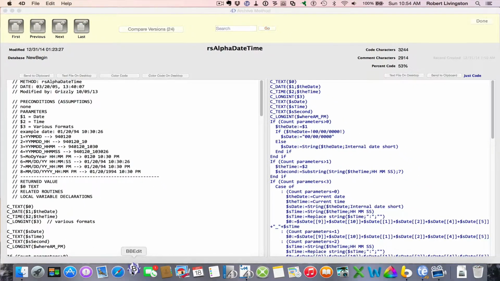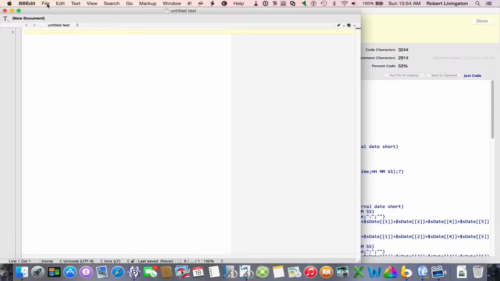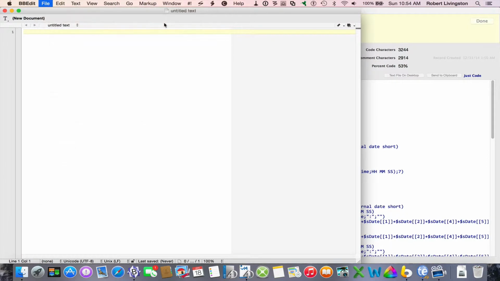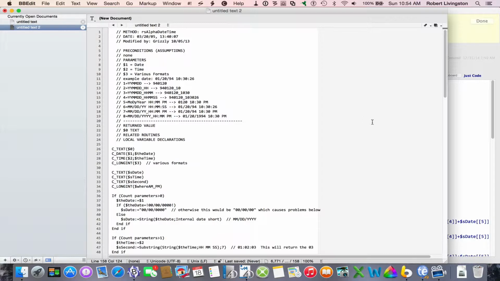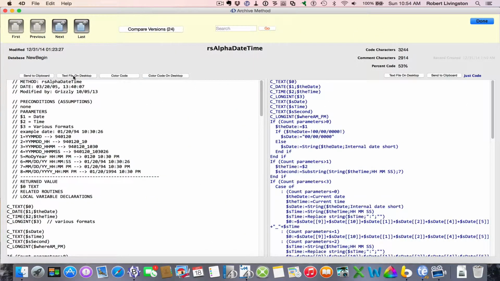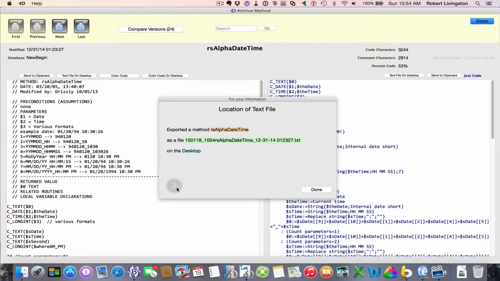If I go to a text editor and open it with the contents of the clipboard, now I can see that my code is here in my text editor. If I say text file on the desktop, I click on this,